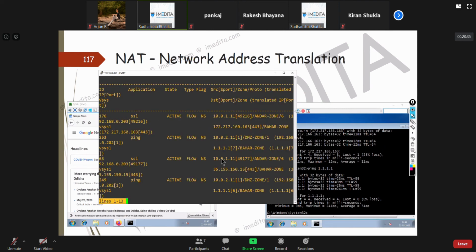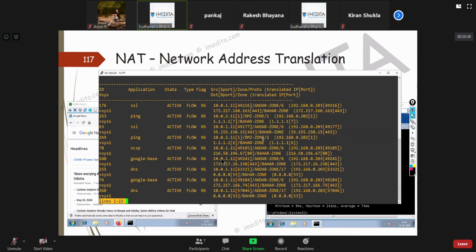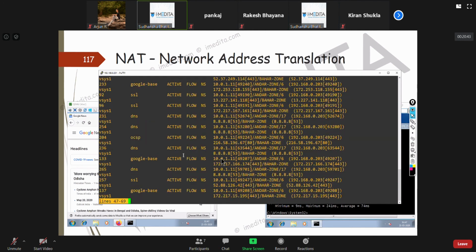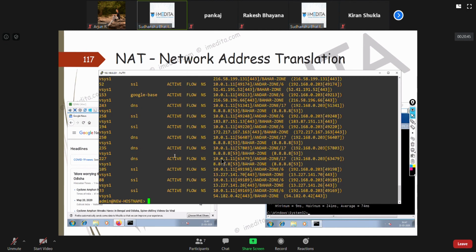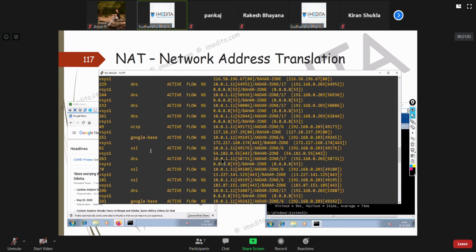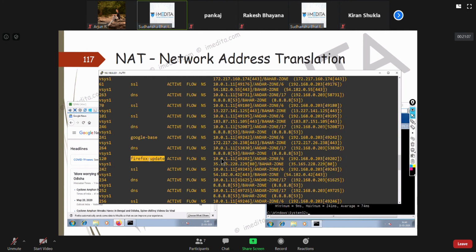What you see here are all these different things that have started running, because it's Windows, so it starts running other background things. You see Google's App-ID being used to decode traffic, although we are not allowing or disallowing anything based on App-ID. You see SSL is being used, DNS is being used, and even the Firefox update is recognized.